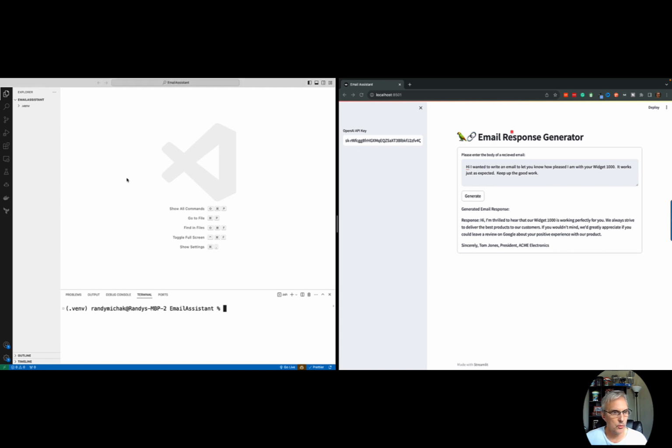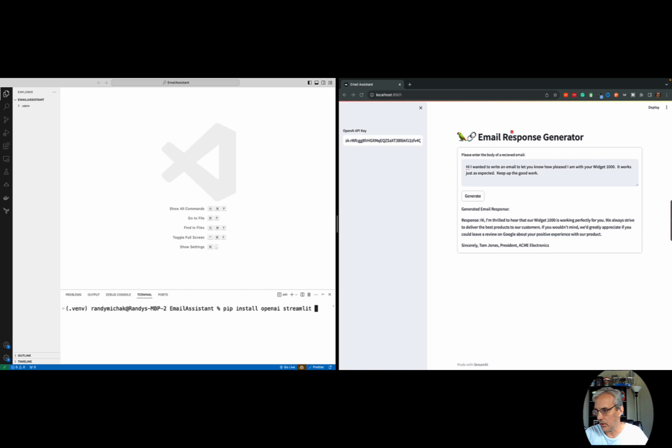So what you're going to want to do is open up Visual Studio Code or whatever editor you're using. You're going to want to open up a brand new folder. Just make sure it's an empty folder. Then down here, we're going to install a couple packages that we're going to need. We're going to need to do pip install of the OpenAI library. And then we're also going to do Streamlit,